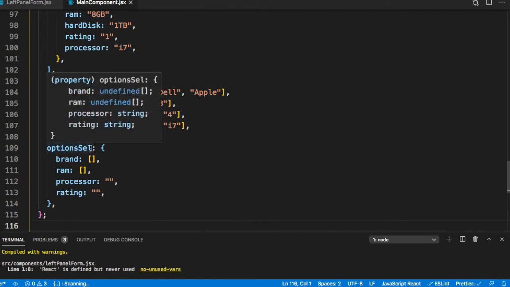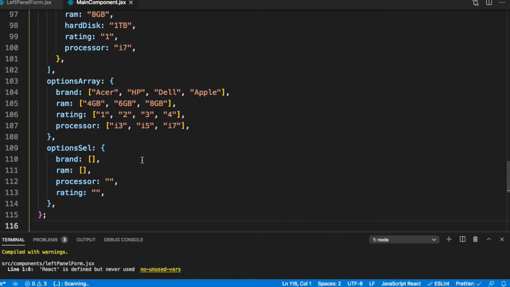And the options selected represent the choices made by the user. Because brand and RAM are shown as checkboxes, their initial values are empty arrays. And because processor and rating are shown as radio options, they will have a single value, so they are shown as empty strings. So these two we will send to the left panel as props.